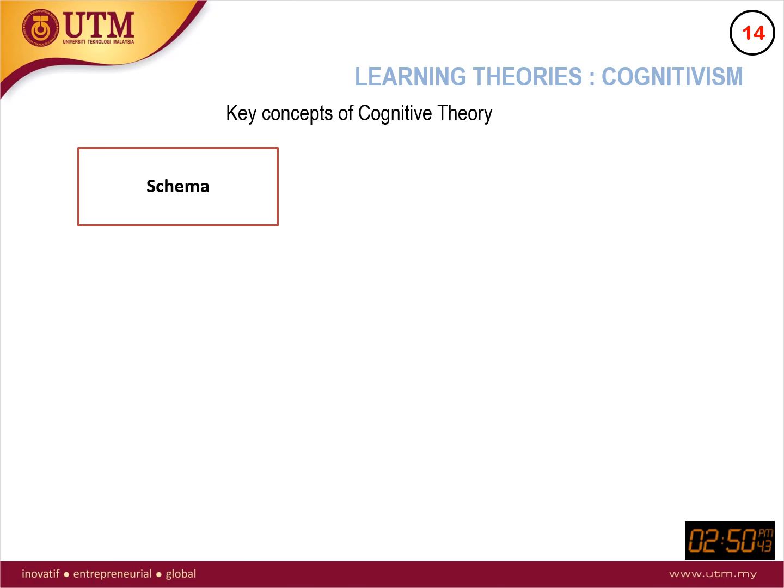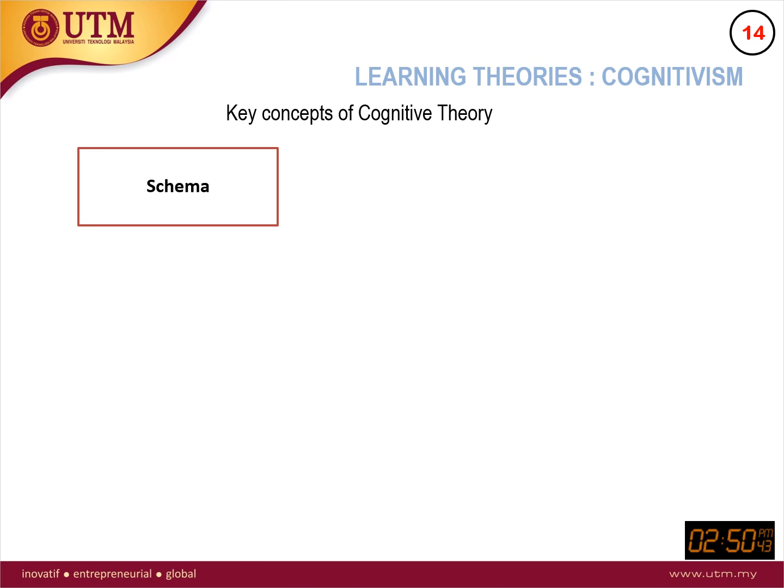Let's say it's like a file in your brain where new information is compared to whatever exists inside our heads. So whenever you get new information, the schema compares it with whatever you already have about this thing, and then you develop a new